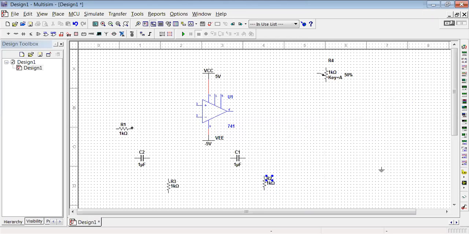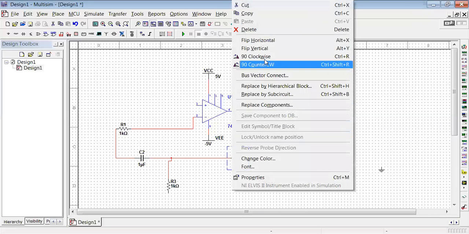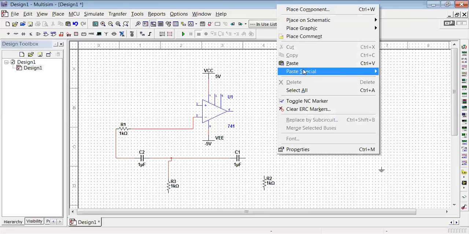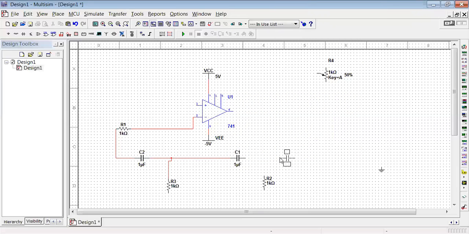From pin number 2, this is connected. Connect it to pin number 2. Then this R is connected to capacitor C. And from C to C, you need to connect. And this resistor is connected in this way. One more capacitor we require here. Place it across this. Make the connections.